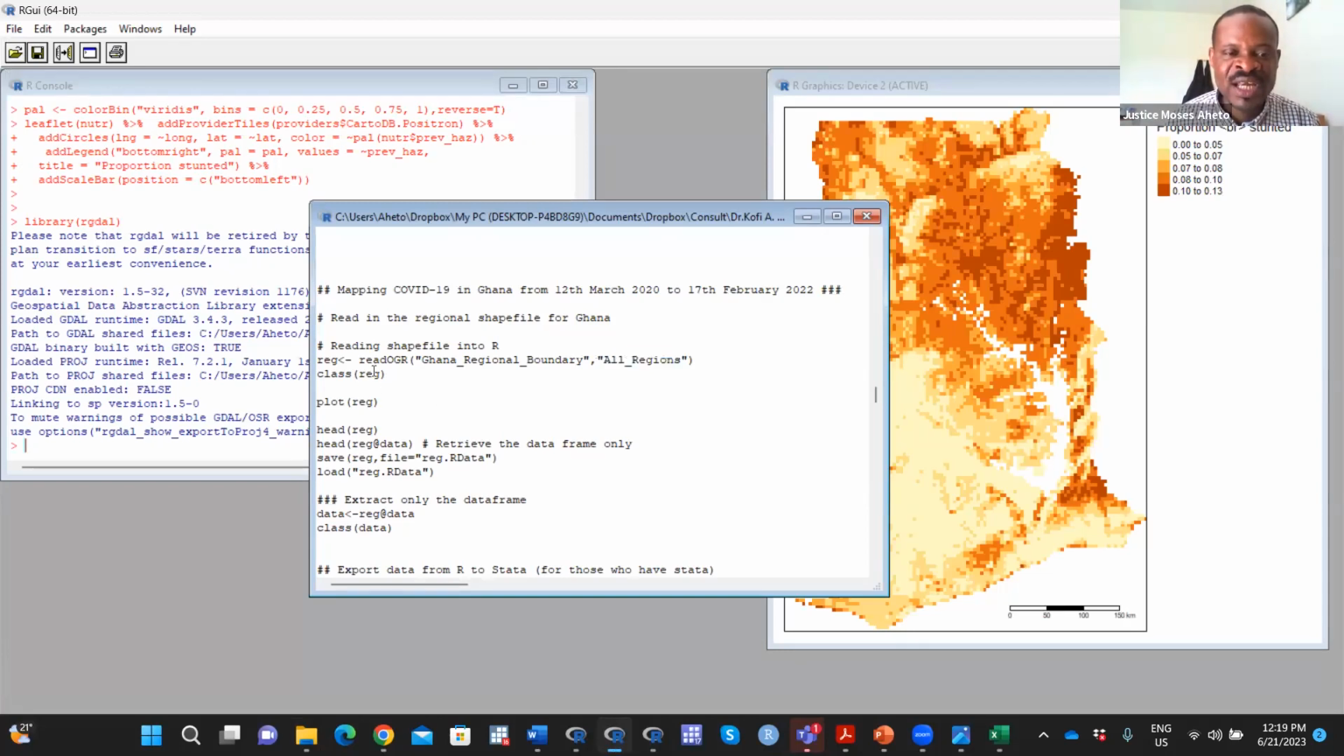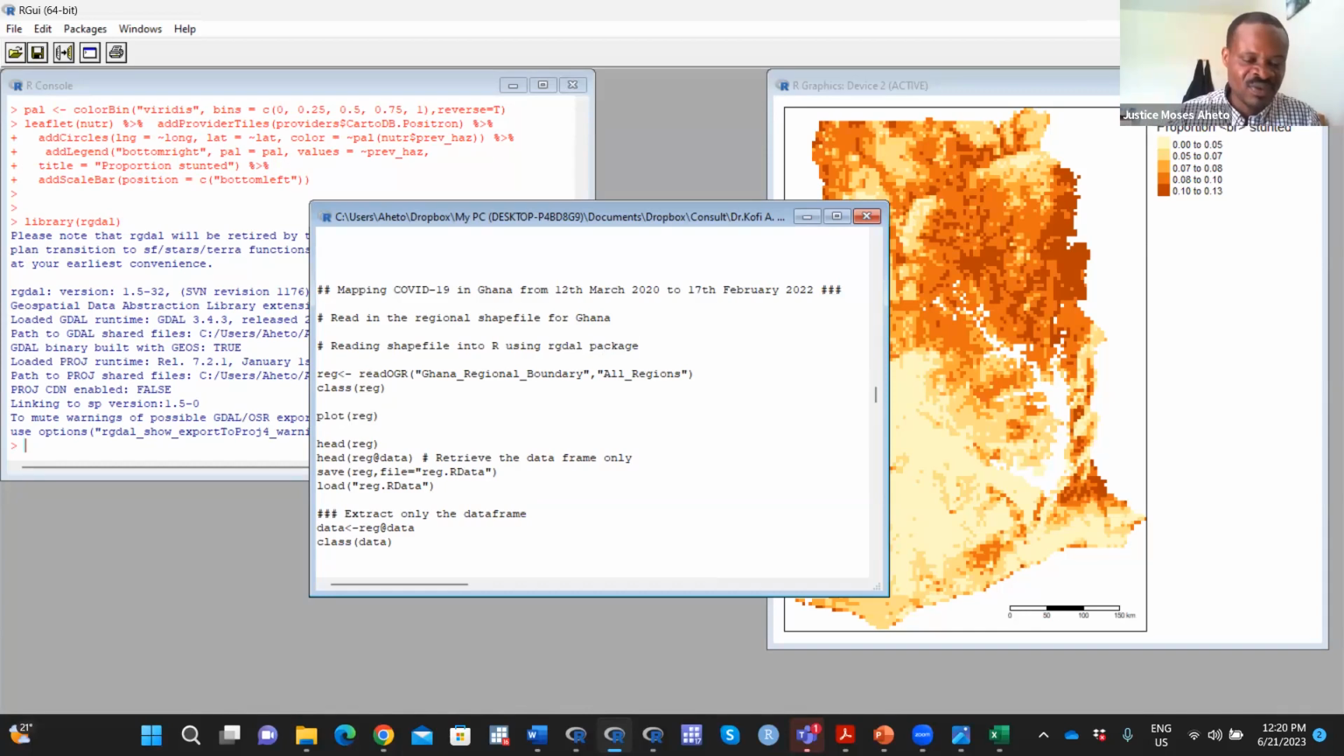And the function to read a shape file is readOGR. That's a function which is coming from the rgdal package. So let me say, read shape file into R using the rgdal package. I indicated those two at the top already, but maybe just for ease of reference. It is this function in that package that helps us to read the